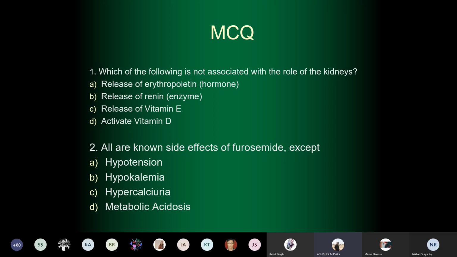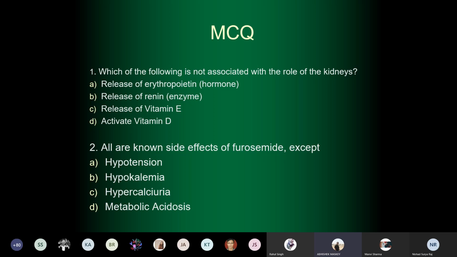If you don't stop on time, because it stops the sodium potassium 2 chloride channel complex in the loop, then of course that will cause hypocalcemia, but hypercalciuria, right? Hypercalciuria is you are seeing more calcium in urine. That is also true, because calcium is also excreted by the